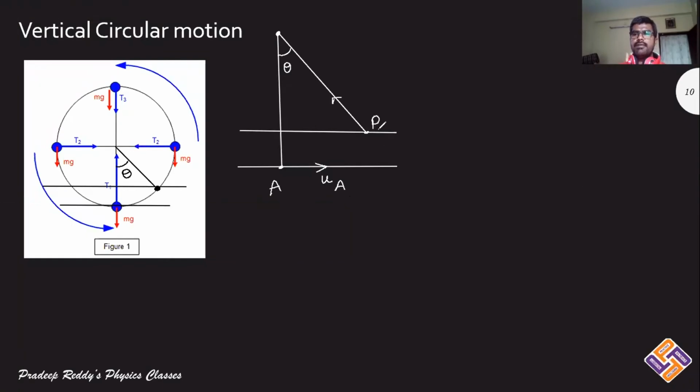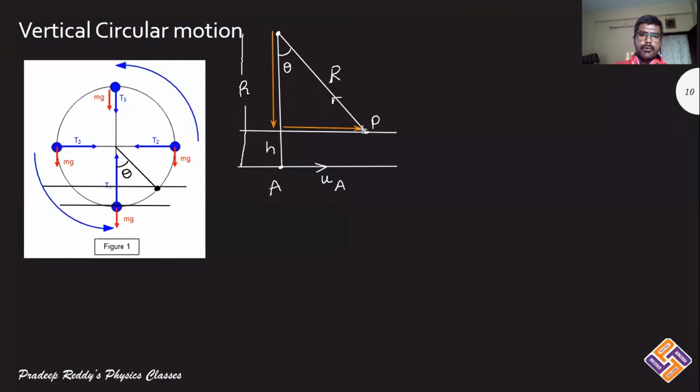When it is going up, definitely it gains some potential energy. Now I consider this length from here to here, it is L. I'm sorry, it is not L, it is R, because this is treated as the radius of the circle, and it goes to a certain height. This I consider as H, and as this length is also equal to radius R, I can resolve this radius R into components. One component is till here and the other component is till here.